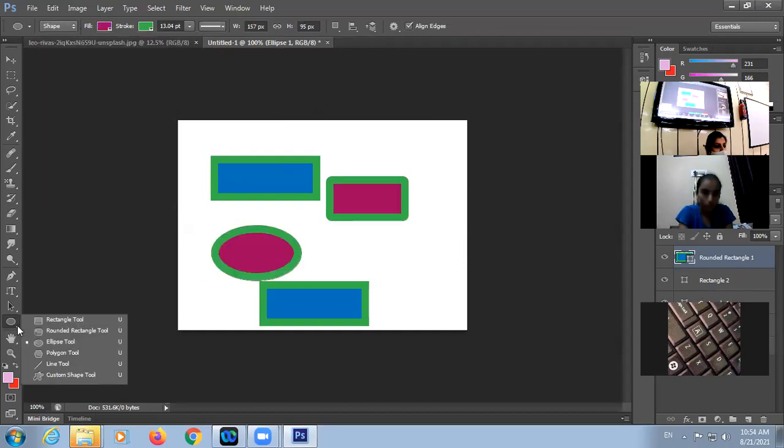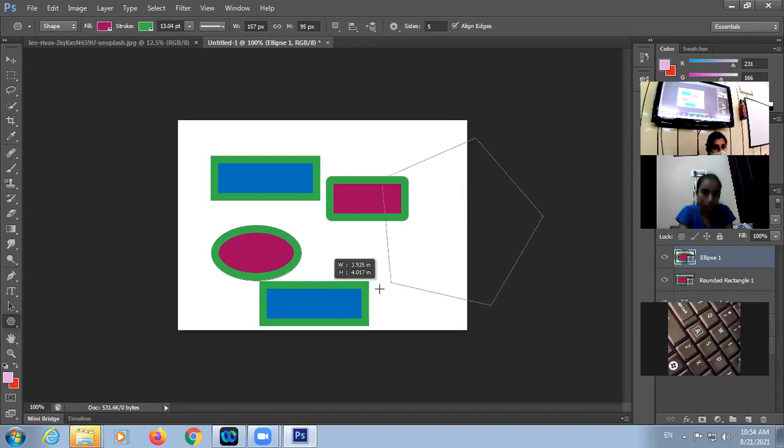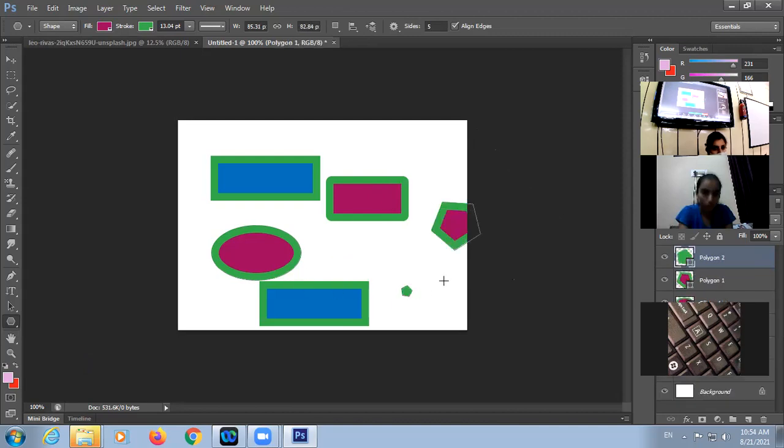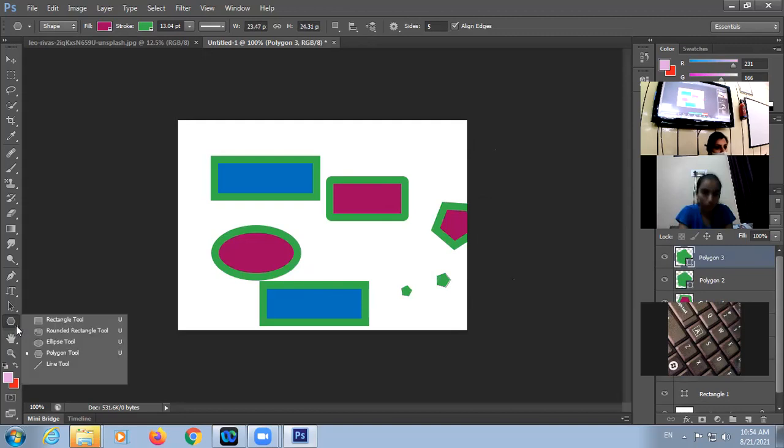If you want to make a perfect sphere or a perfect circle, you will press the Shift key along with these two. By using the Shift key, the perfect sphere or circle will be drawn. Next is the polygon. So this is the polygon. Okay. Now next is a very interesting tool, that is the custom shapes tool. With the help of the line tool, you can form any figure, like you used to do in Paint, है ना? आप line tool के साथ hut बना सकते हो. Any figure you can make using the straight or the slanting line.